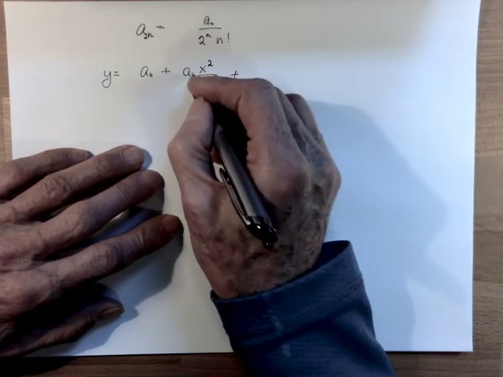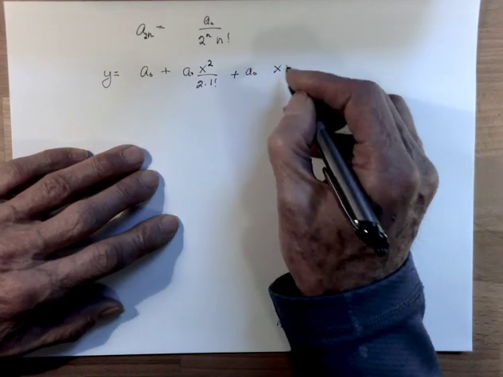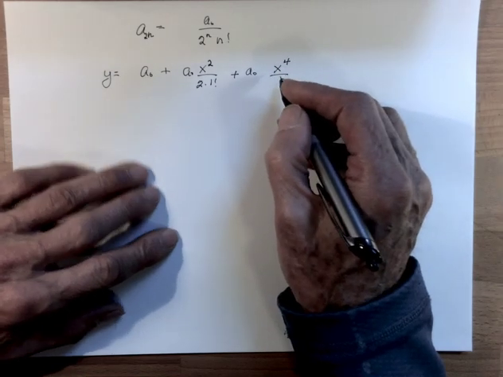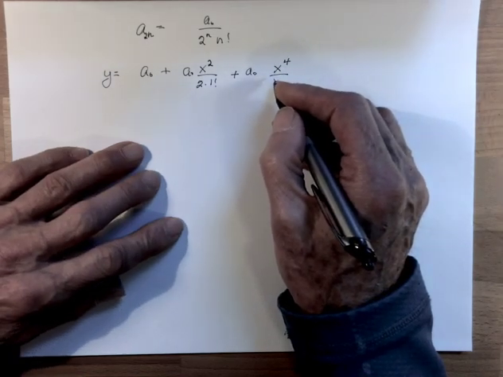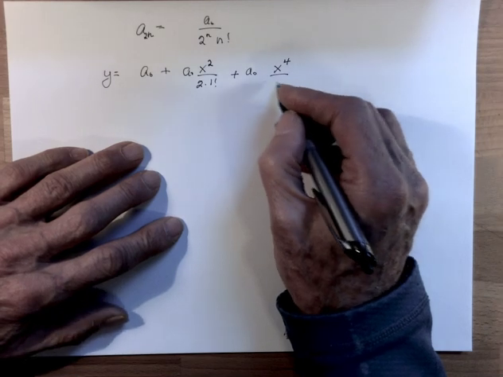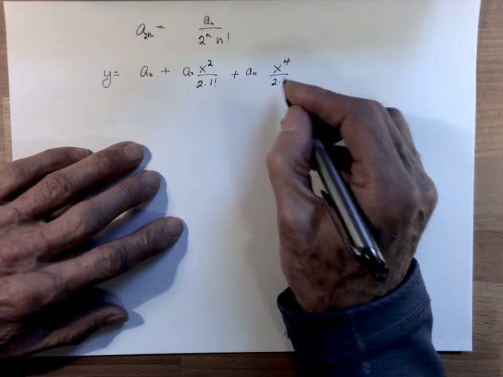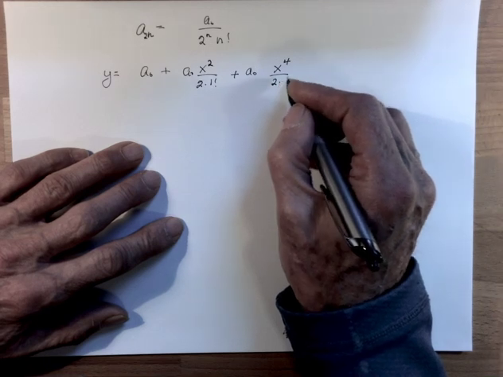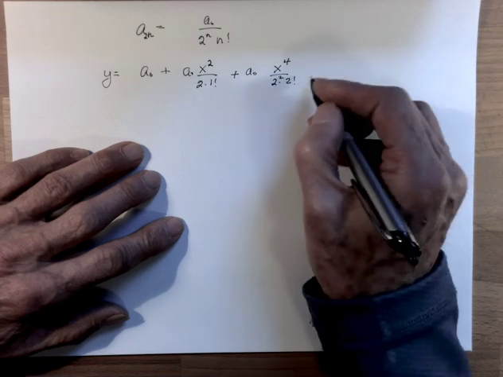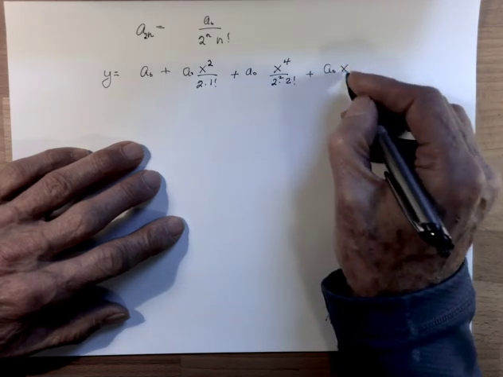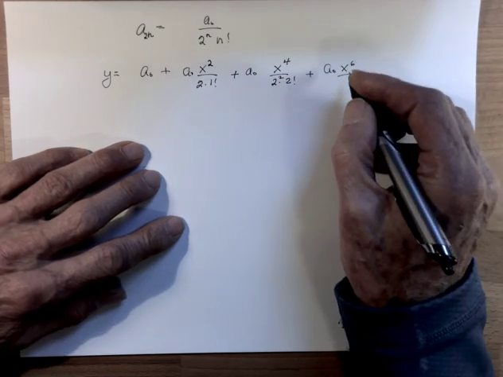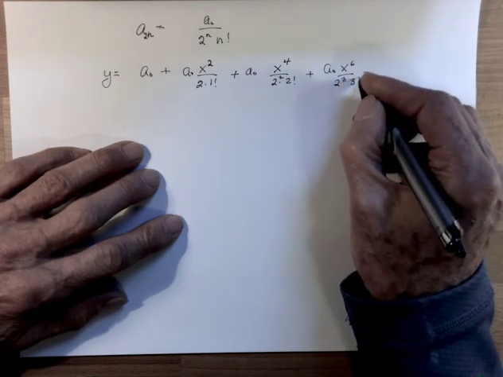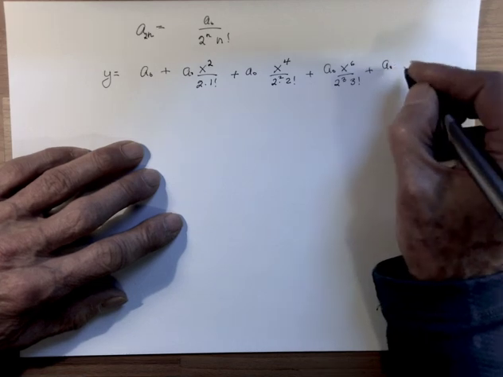Plus a0 x to the 4th over 2 squared times 2 factorial, plus a0 x to the 6th over 2 cubed times 3 factorial,